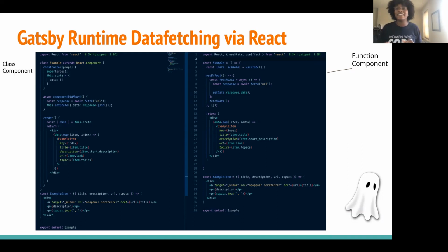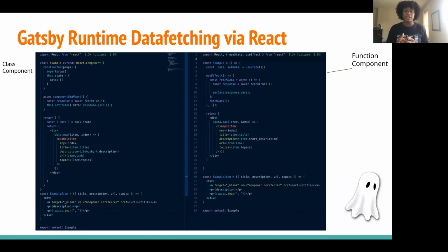Cool. So on the right side, we have a function component, which is just another type of component in React. Back before React 16.8, you would reach for a class component if you needed to use state within a component. But now with the use of React hooks, virtually it's dependent on what you feel more comfortable using. So you're able to use state through the use of useState, as well as update